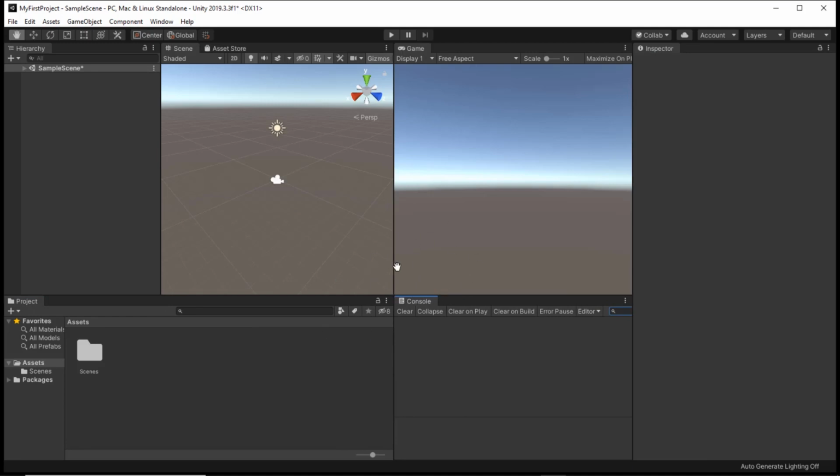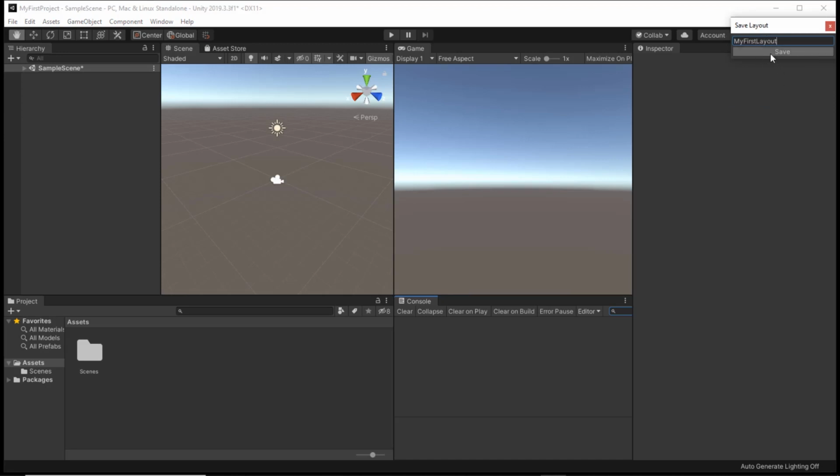Just move your mouse cursor to the top right hand side where it says Default. Click on the drop down and select the option Save Layout. You can easily delete a layout from the list of layouts by clicking on the Delete Layout option. But before we do that, let me show you how you can save a custom layout. Just click on the Save Layout option and you'll get the option to name the new layout. Let's call it My First Layout and click on the button that says Save.